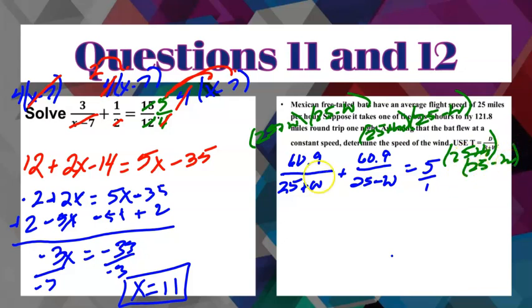Now simplify it. I have 25 plus W here, 25 plus W there. So now if I distribute,